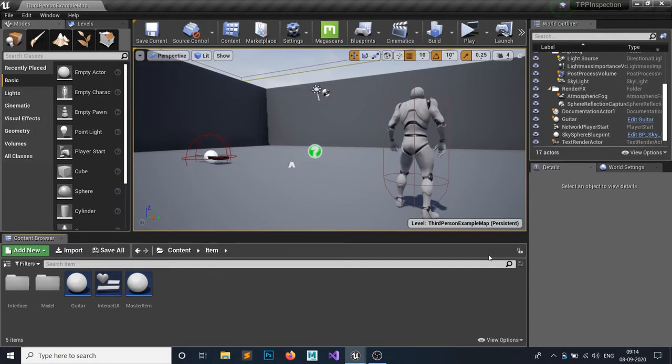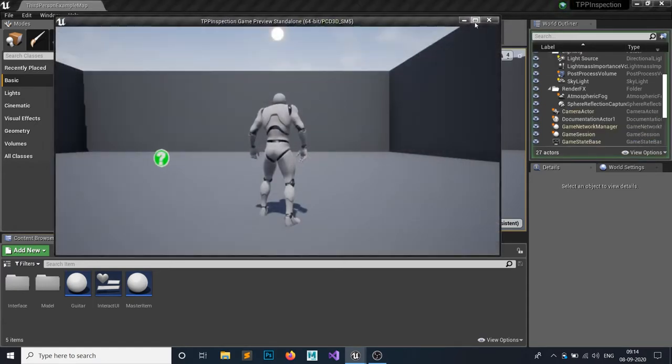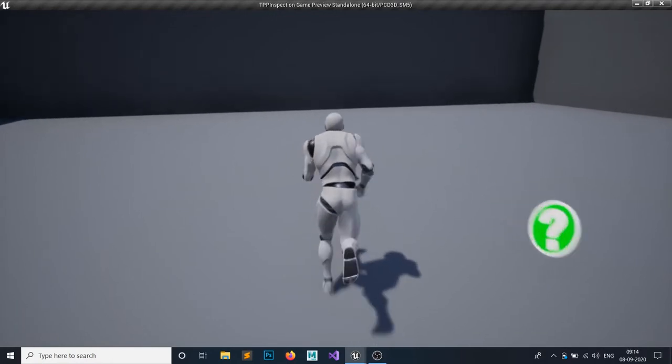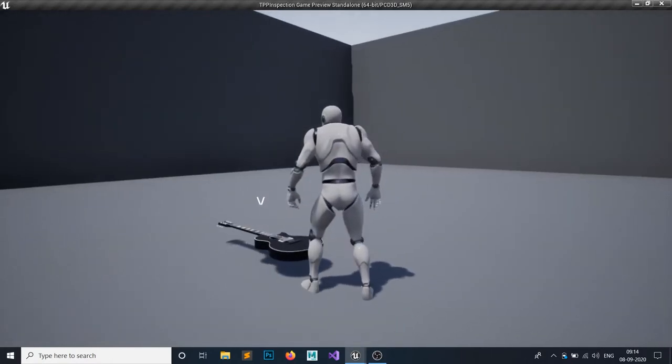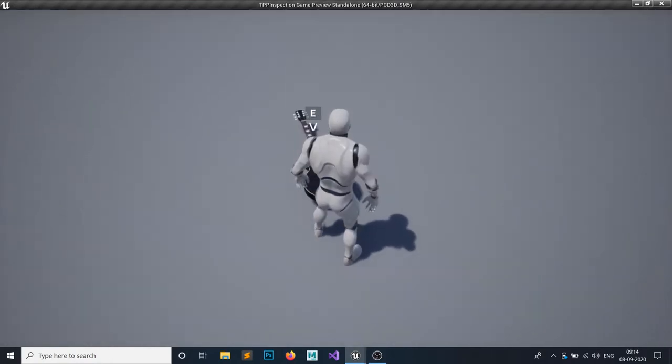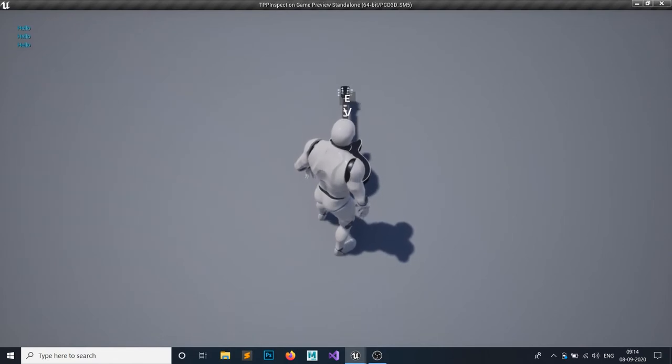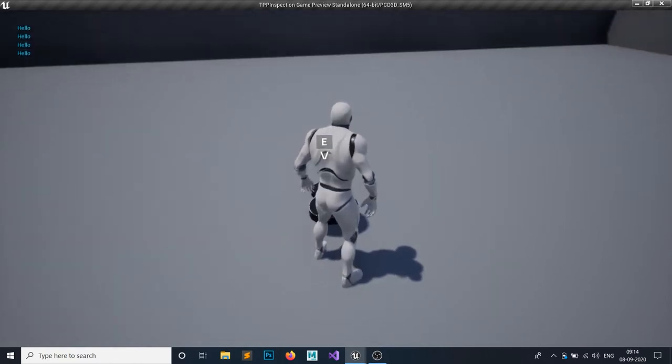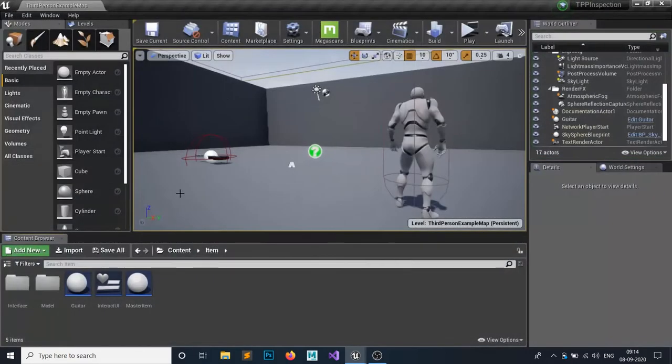Hello and welcome to my Unreal Engine 4 tutorial series, and today we're going to be making an item inspection system with UI. In the last lecture, what we did was interacting with this object. Let me just show you a quick look. When our player interacts, this will show but nothing will happen. But if you face towards the character, then it will print hello. So we did this, and let's continue with this lecture.